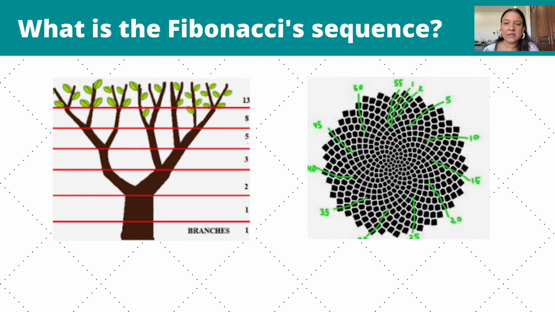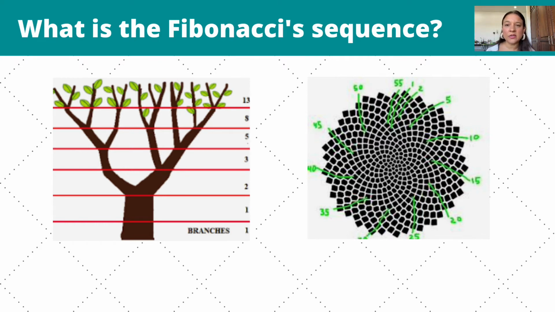So what is the Fibonacci sequence? Fibonacci, Leonardo de Pisa, started observing. Most of this knowledge comes from observation. So first he started checking sequences that repeated over the branches of trees. He saw a tree had the trunk, but then it divided in two, then there was a division in three. So he started checking, as I'm showing here on the slide, this sequence of trunks and branches and leaves growing.